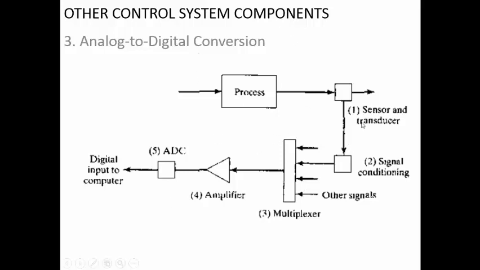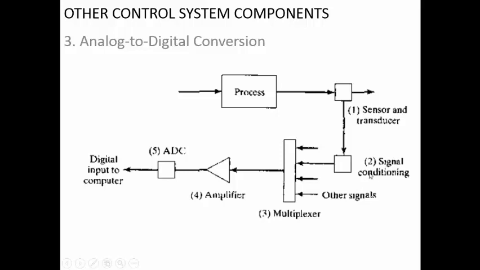Whatever the sensor is giving as output is going to be conditioned, which means it will be filtered from unnecessary signals. It will be filtered with respect to noise, and only the useful information from the output of the sensor will be utilized, as is the requirement. All the other unnecessary portions of the signal are eliminated in the signal conditioning.